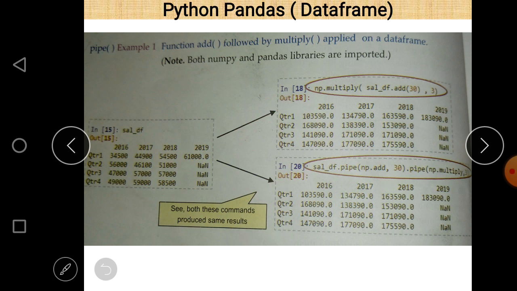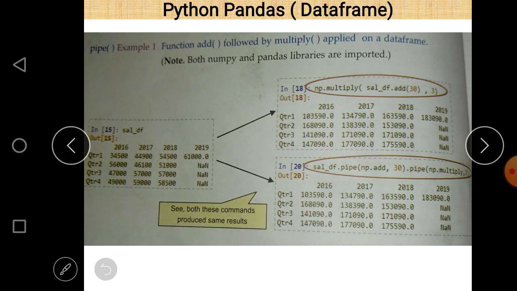Now pause the video here and write the data frame in a copy, and then check the functionality of both, whether they are the same or not. You can find out the output, and after that I think the concept will be quite clear to all of you, what the role of the pipe function is.